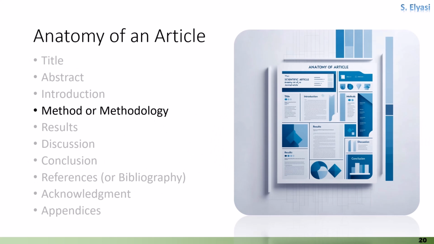The next critical section in a scientific article is the presentation of results, which meticulously details the findings of the research. This section is essential for delineating the data obtained, supported by clear and precise visual aids like tables and figures, and includes thorough statistical analysis to validate the conclusions drawn. It is imperative that the results are presented objectively, encompassing both significant and non-significant outcomes to provide a comprehensive view of the study's impact.